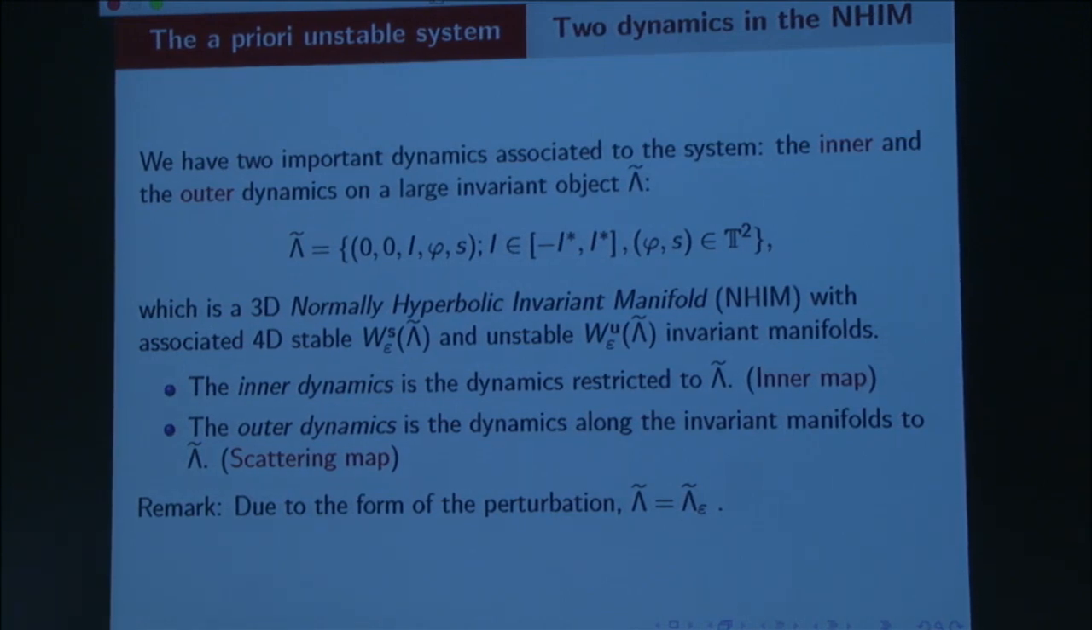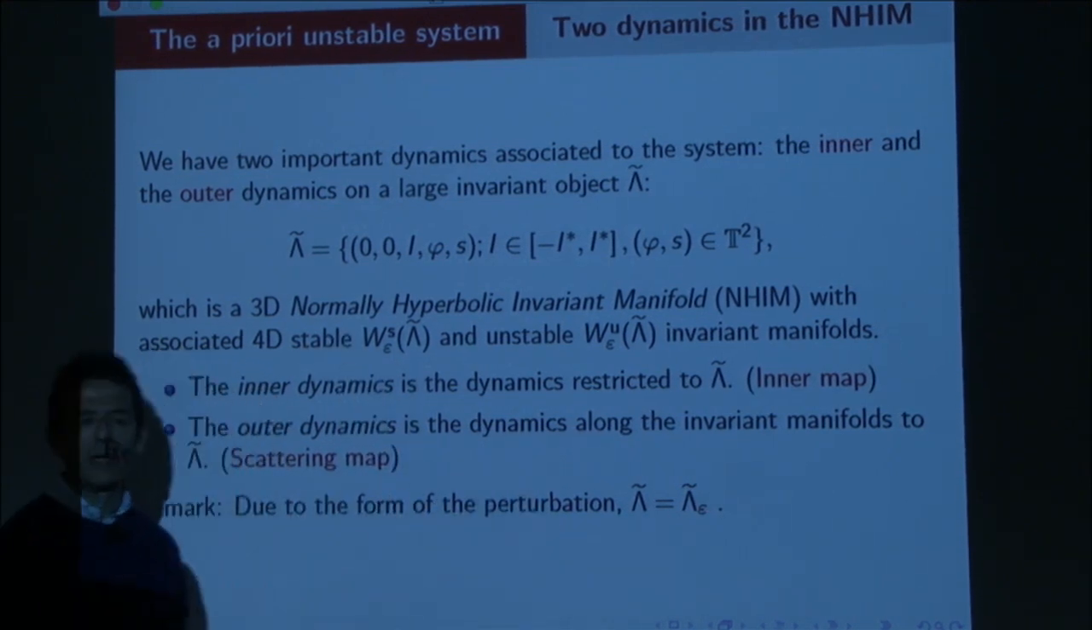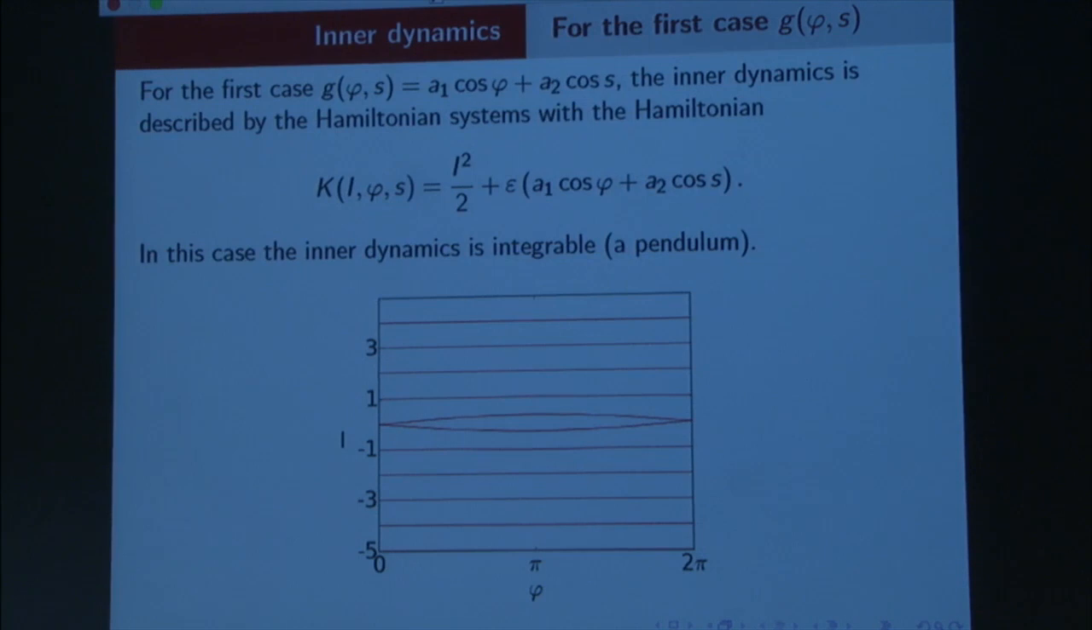By the way, you can also complain now because, due to the form of the perturbation, the normally hyperbolic invariant manifold is preserved. But if it's not preserved, it's not a problem, because you can compute up to first order what the form of this is, and all this can be done, okay? Okay, so let's begin with the first case. I recall,